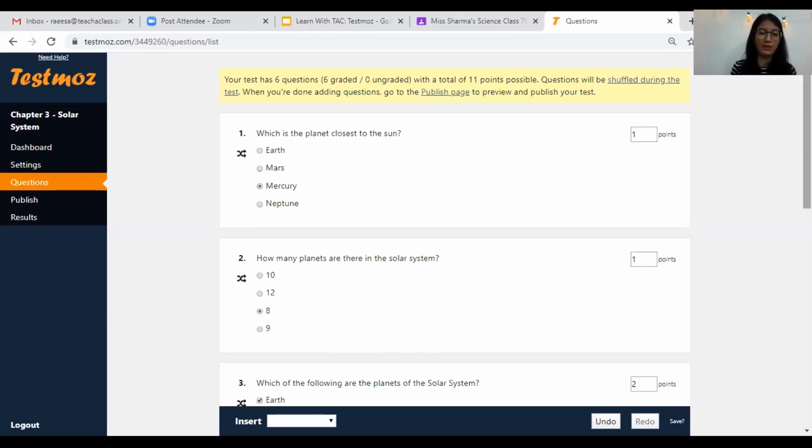Yes, Kanvi, more questions. Yes. So is there, Raisa, is there any duration for which these features are free? No, the free version is there for unlimited duration. There is no cap to it. Great. And also, coming to the last question, in the fill in the blanks question, is it possible to put two blanks?